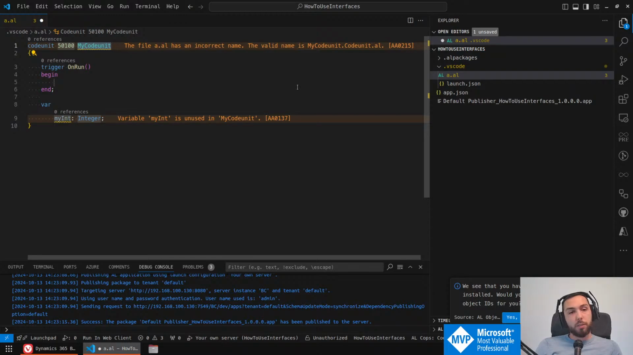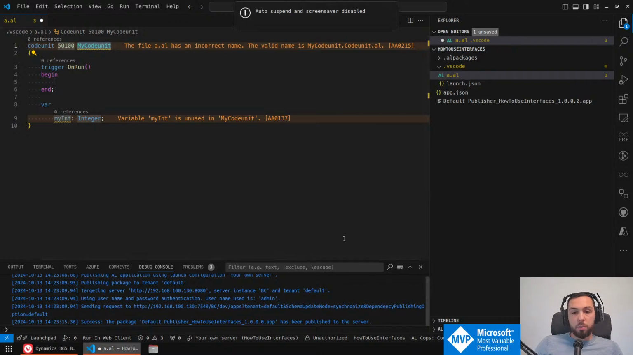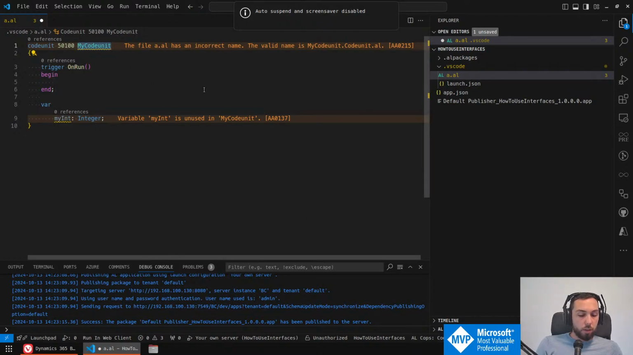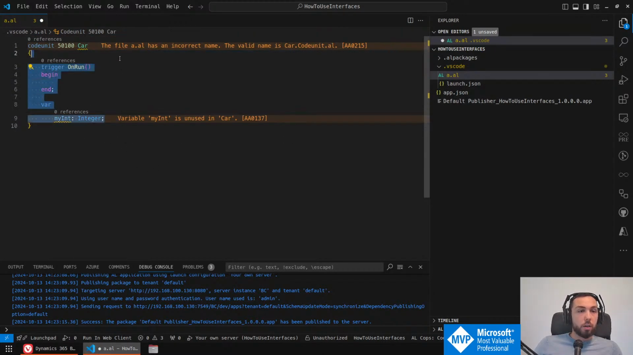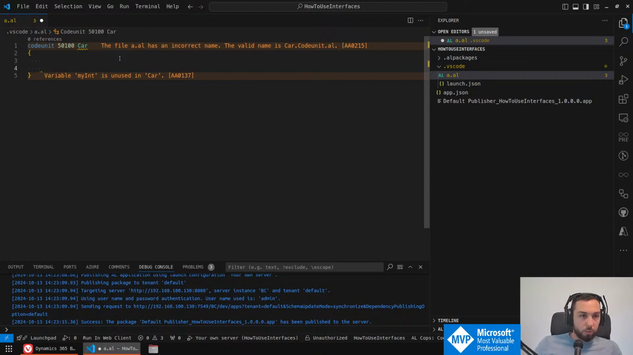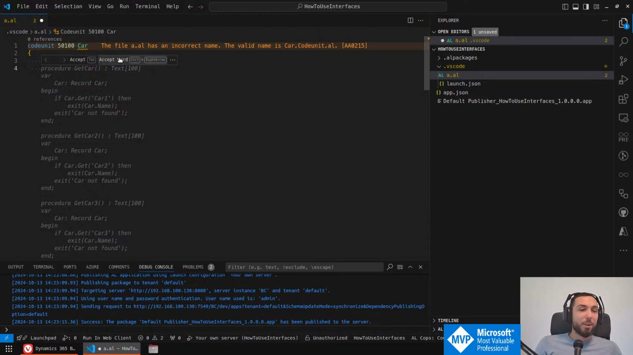So, thinking about a use case for interfacing, I think I will use the well-known example of vehicles. So let's imagine we have a car, just a car code unit, and this might tend to go into a direction where it looks like a class kind of thing, but we don't have classes in BC, so just stick with me for a minute. So imagine, and Copilot is already doing funny things here. Let's imagine we have a car, and a car can